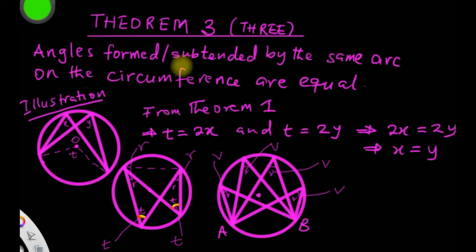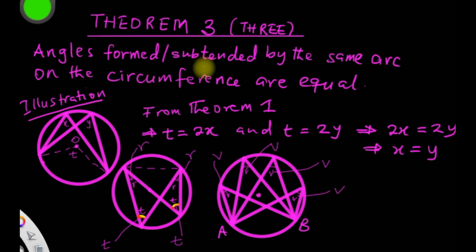We are still on the circle theorems. We are still looking at the theorems. We have already looked at the first two theorems, so we are now looking at theorem 3. Theorem 3 is this: